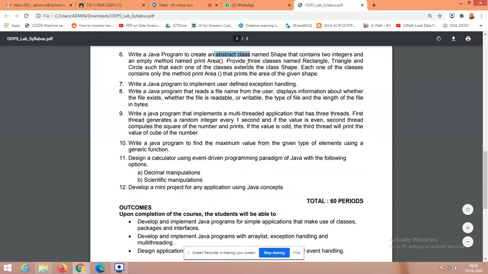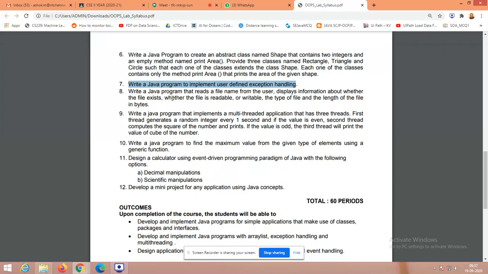A complete demonstration has been given for this also. I have even taken a session on this, right? So that you are able to remember it and do it very easily. See, this is a freelance program. The seventh program is a freelance program that you can do in a very easy fashion.